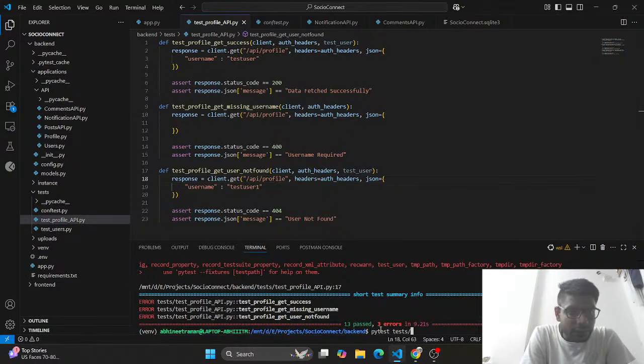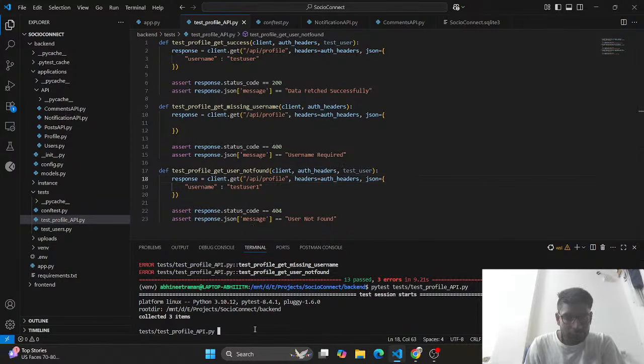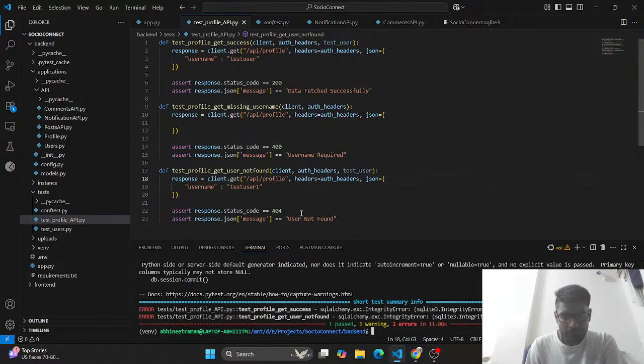So we can only test profile. So now it's only picking these three items and checking. So one says pass and one says warning and two error. So let's see